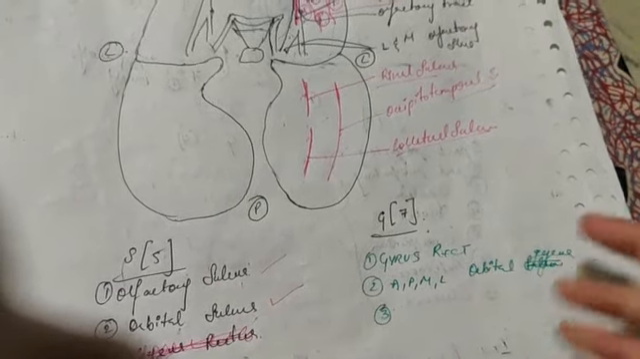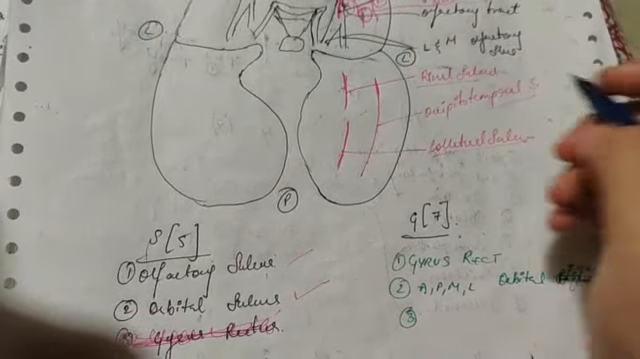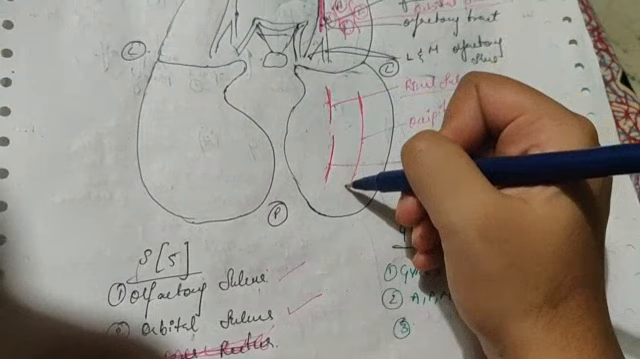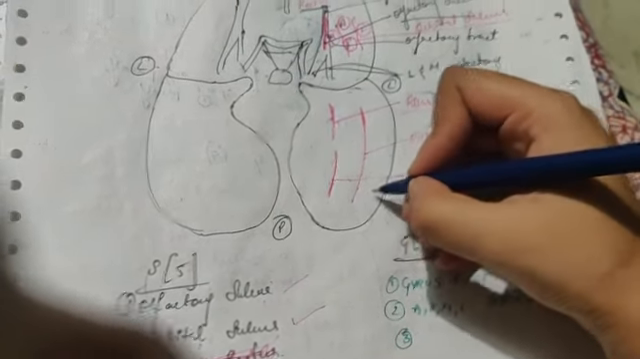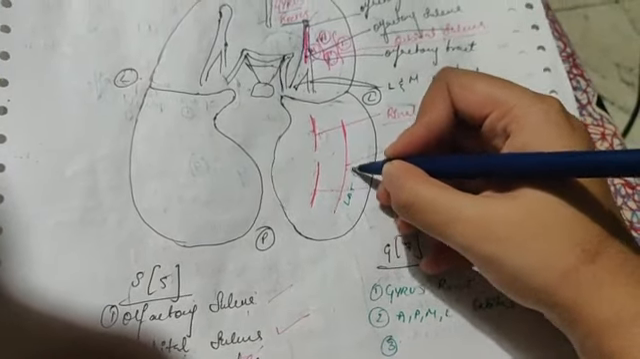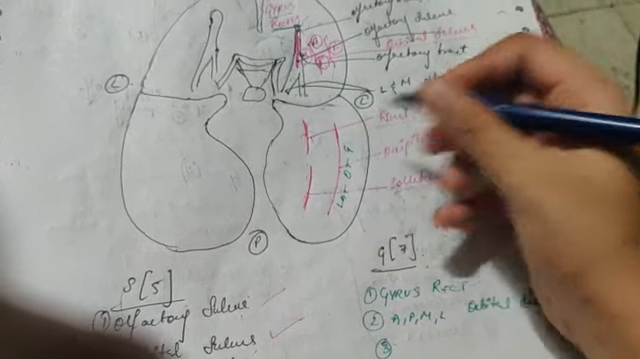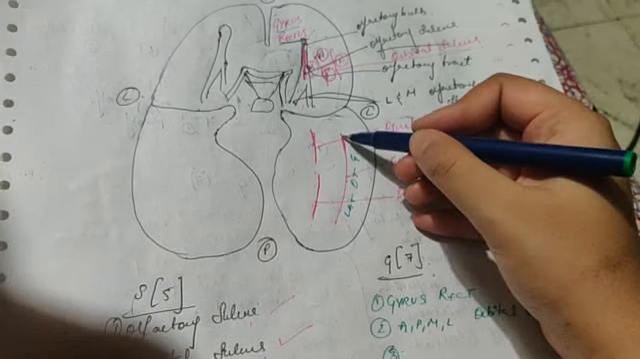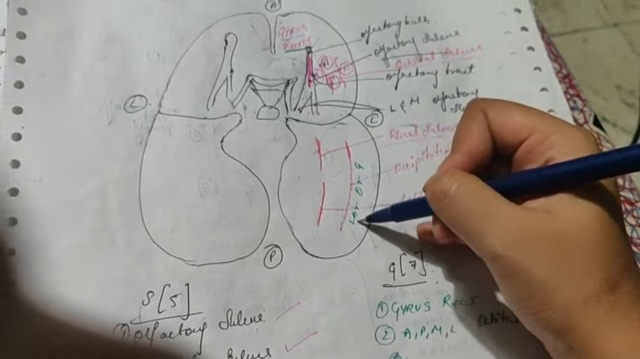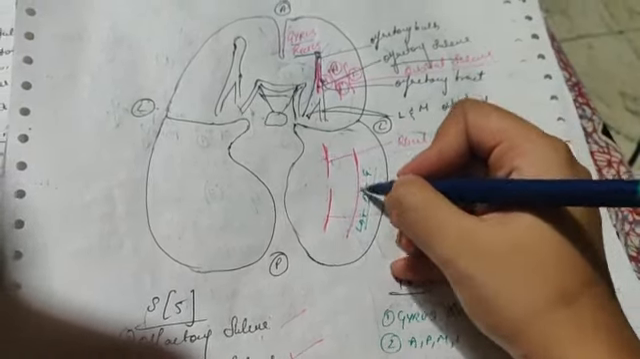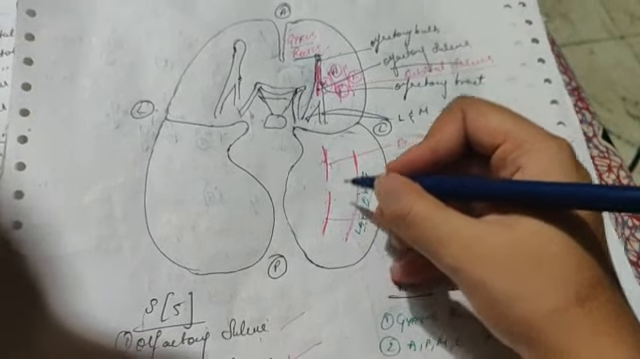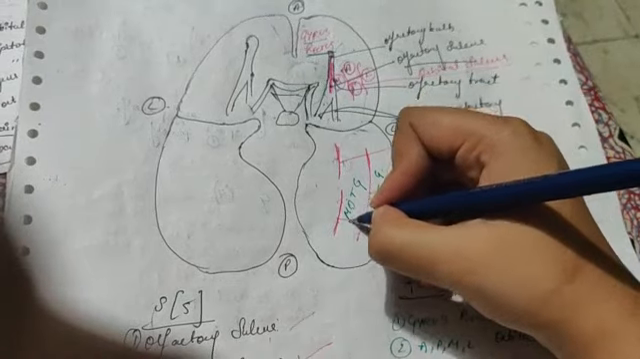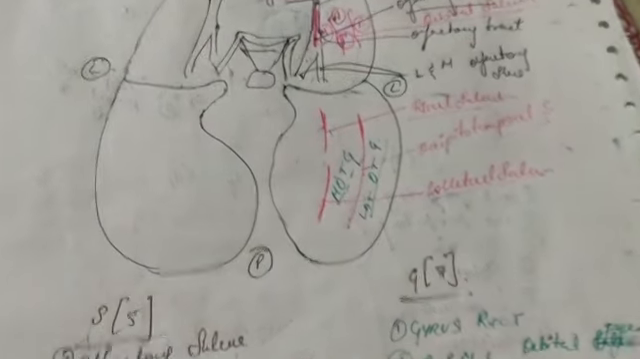After that, we have the occipitotemporal sulcus. Lateral to the occipitotemporal sulcus, we have the lateral occipitotemporal gyrus, and medial to the occipitotemporal sulcus, we have the medial occipitotemporal gyrus. Okay, and then